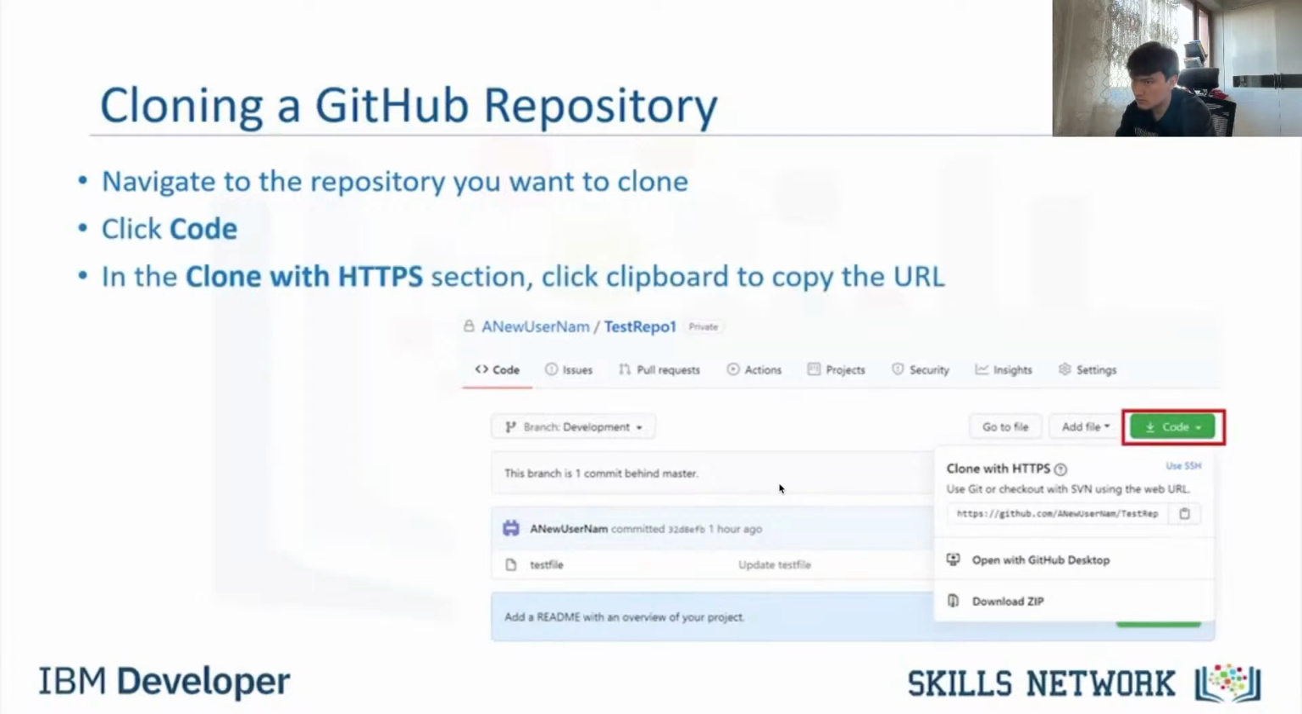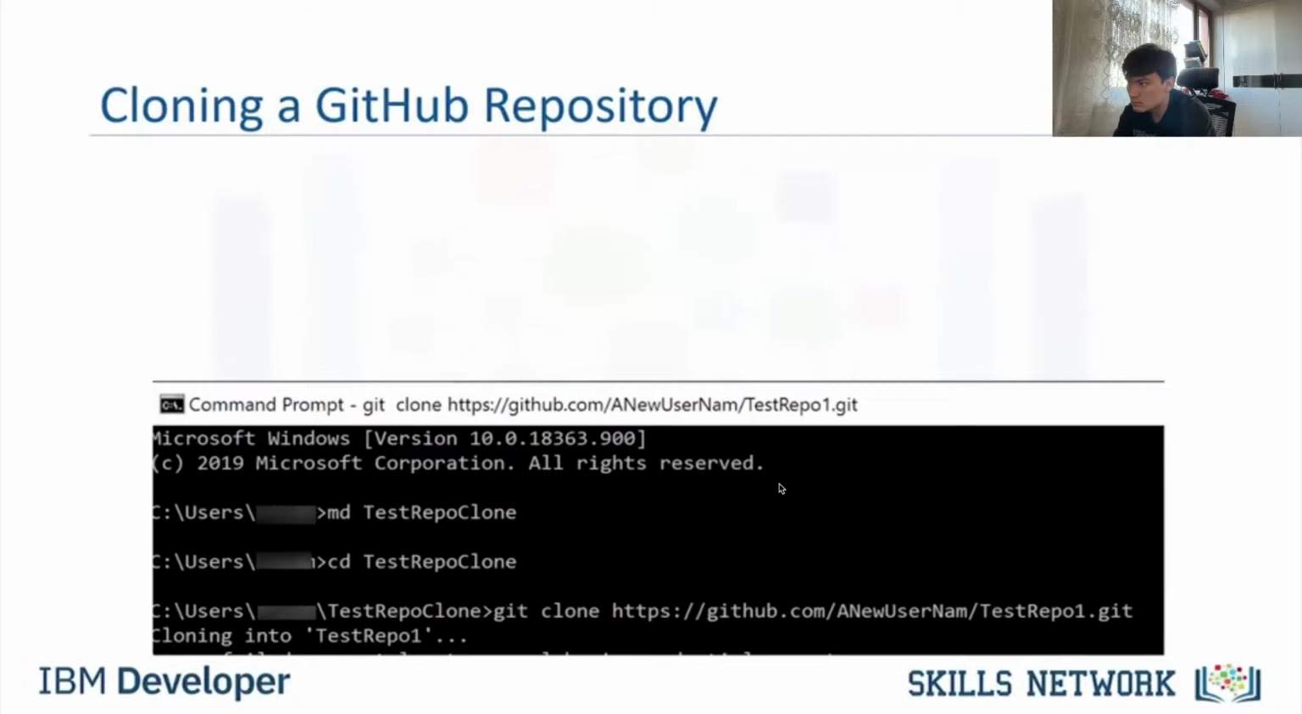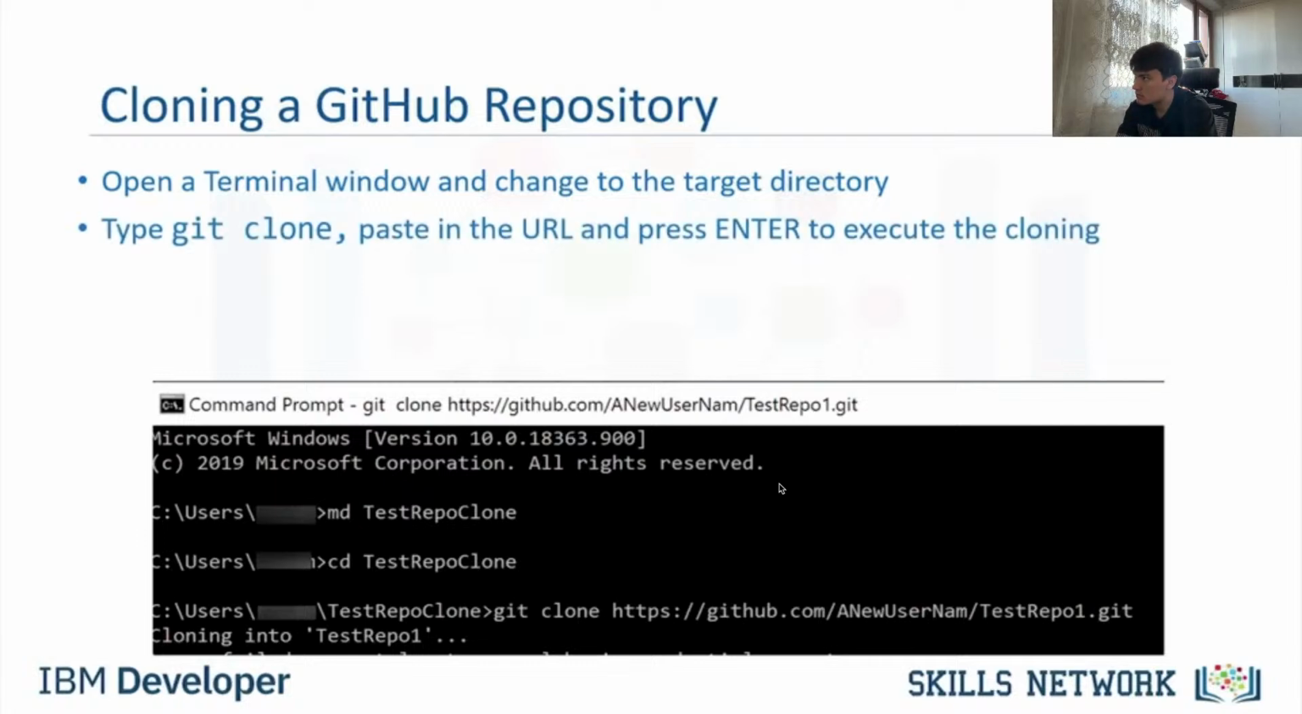In the Clone with HTTPS section, click the clipboard button to copy the URL. To download the source code, you can click Download Zip, but without the version control information. On your local machine, open a terminal window and change to the directory where you want the clone to be copied. Type git clone, followed by pasting the URL that you copied above, and then press Enter to execute the